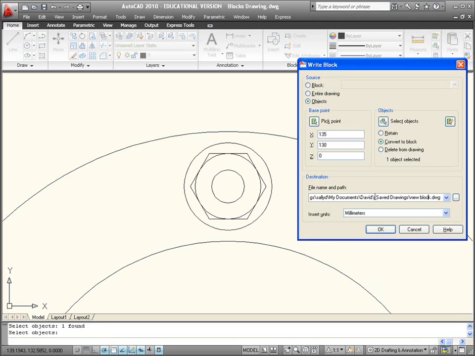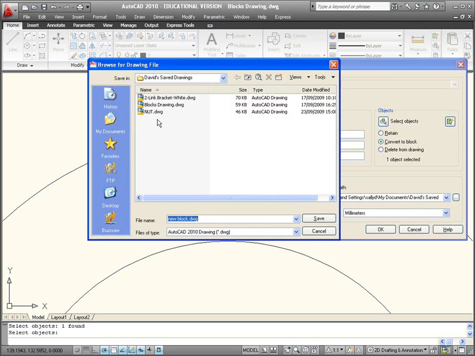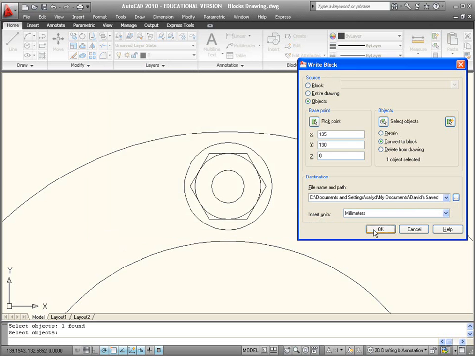You might notice here as well, it's already pointing at where I intend to save it, and instead of clicking on that and going out, you can just replace that little new block, but you have to keep the .dwg. You could call that nut by typing in nut there, or you can click on this little radio button and select the nut option. When I do this, it's going to say already exists, so I want to write over it, so I will do that. So click OK,